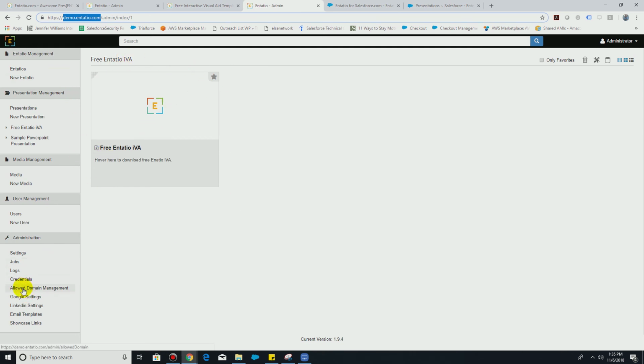You can control who can log in through domain management tools and different settings. You can set up the email template so that the text is the way that you want it to be. You can set up your different login tools like your Google authentication and LinkedIn authentication tools, and then you can do your integrations, which is a little bit more technical than we want to get into here, but there's all kinds of integrations that you can do to automate where content comes from, and also where we put the engagement analytics